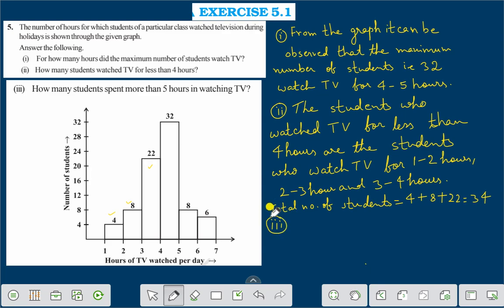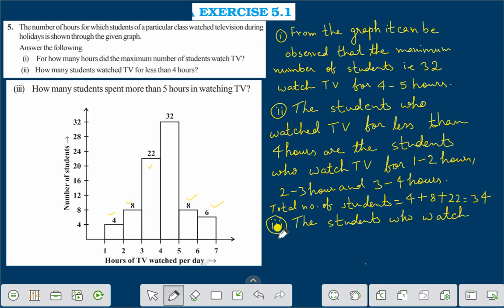Now question number 3. Question number 3 is, how many students spend more than 5 hours in watching TV? More than 5 hours means this group and this group. Right? The students who watch